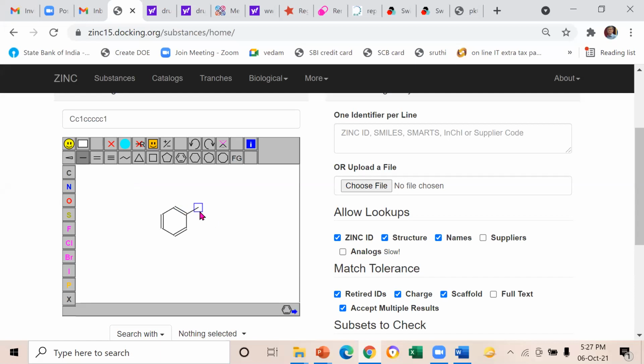Carbon, SMILES: capital C came, another capital C came, another capital C came, and then I put an oxygen here. From this benzene carbon, within a bracket, there is an O. H is not there, so it automatically calculates. So we can copy the SMILES notation and take it to SwissADME if I want to measure the properties of this particular molecule.